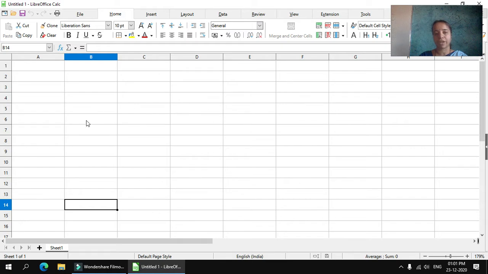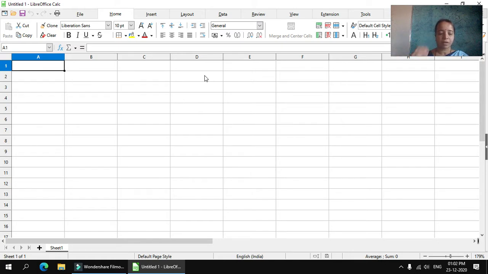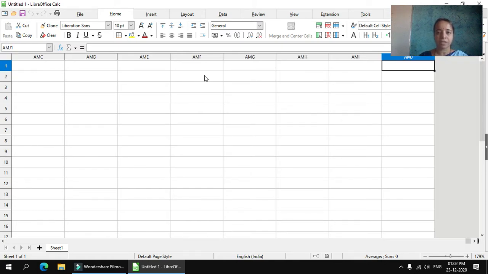In each sheet you have a number of rows and columns present. Now we are in the first cell, that is the A1 cell. If you press Control plus right arrow key, it will show you the last column, AMU. So after A, B, C, D up to Z, the next column starts with AA, AB like that. Next BA, BB, like up to AMU. It is 1024 columns that are available in Excel.